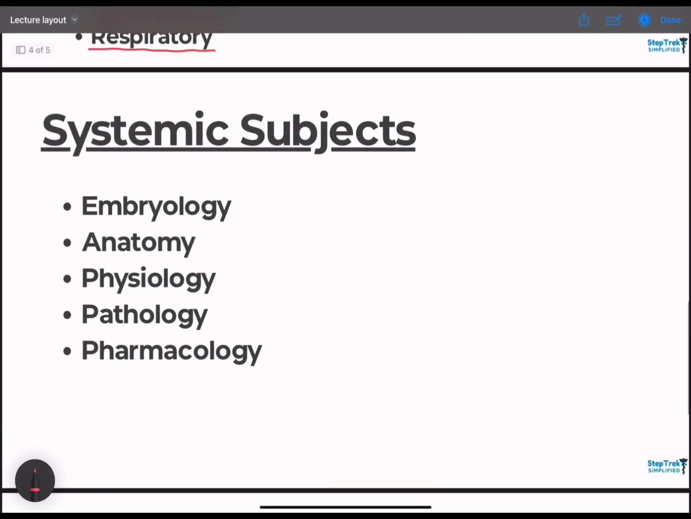Each module or system is written in a specific manner. At first we have the embryology of that particular system, followed by anatomy, physiology, pathology, and at last the pharmacology